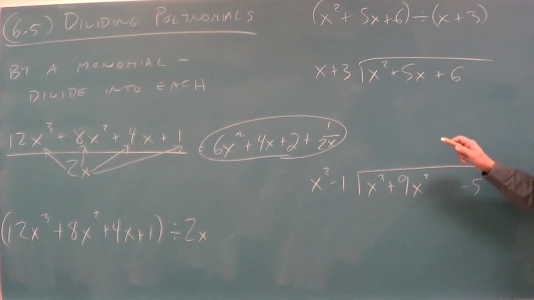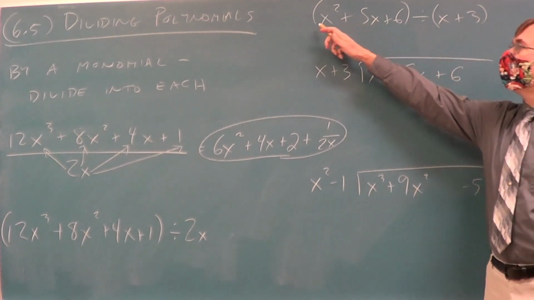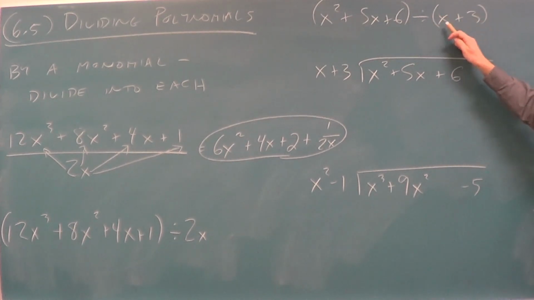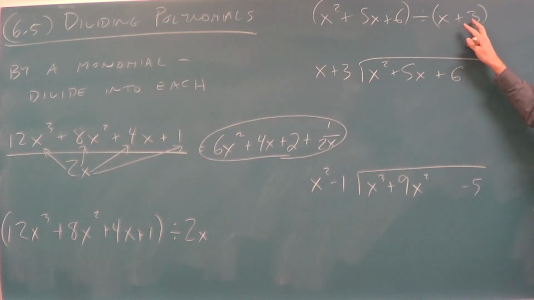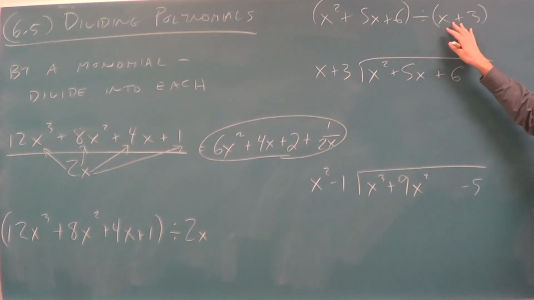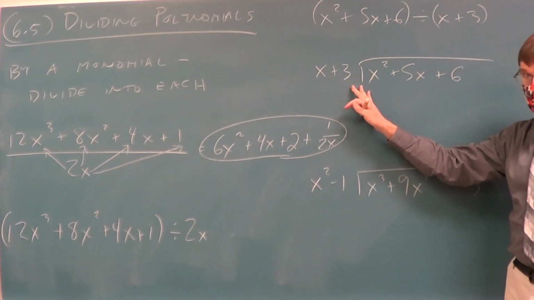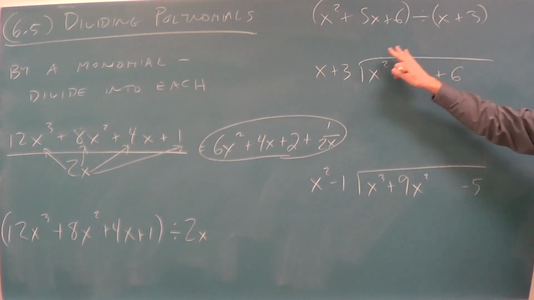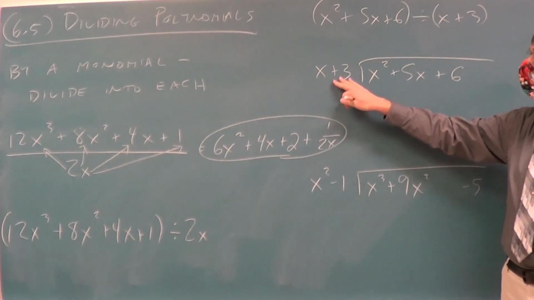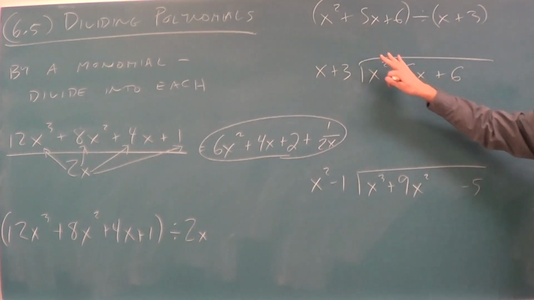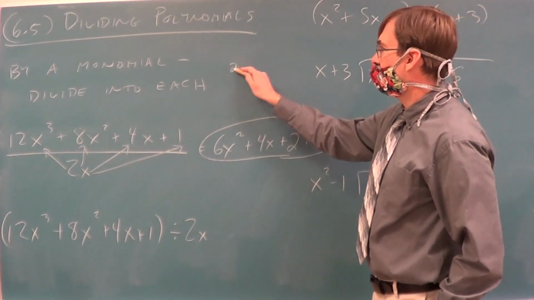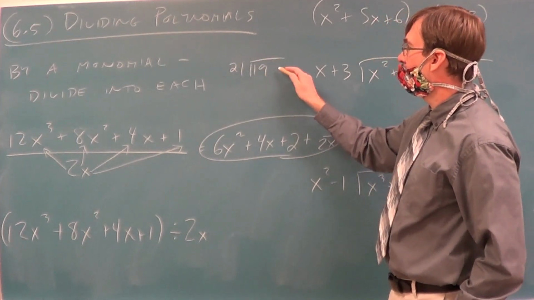Second problem type's dividing by a polynomial. So they could write these with parentheses and have the division symbol and have more parentheses. It's just going to have adding or subtracting in the parentheses. Polynomial just means it's more than one term. But you're going to do better on these to write this with the old-fashioned 4th grade division blocks, whatever grade that is, you learn that. So the x plus 3 is the divisor, put that out to the front. This other thing, the first one, is called the dividend, put that in the box, and we just look to divide. So let me make up another sort of problem,